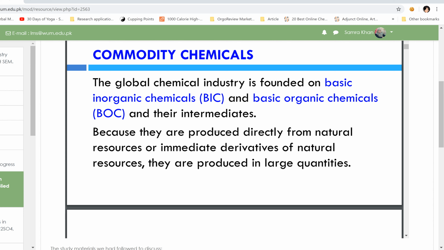For basic organic chemicals, I can give you the example of oxalic acid. Oxalic acid is made in bulk, but it's used widely for the formulation of cleansers, bleaches, and different products related to home cleaning and domestic cleaning, or professional cleaning as well. The workplaces, I mean to say by that.